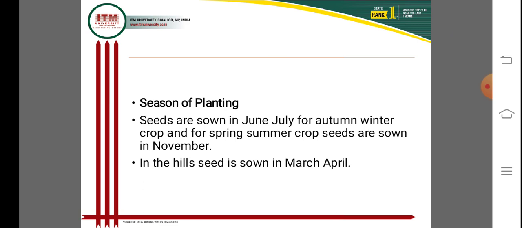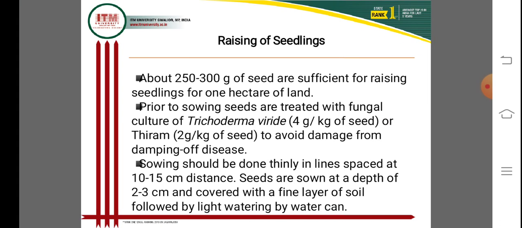The season of planting is important. Seeds are sown in June-July for the autumn-winter crops, and for the spring-summer crop seeds are sown in November. In the hills, seed is sown in March to April. And what are the methods for raising seedlings? About 250 to 300 grams of seeds are sufficient for raising seedlings for